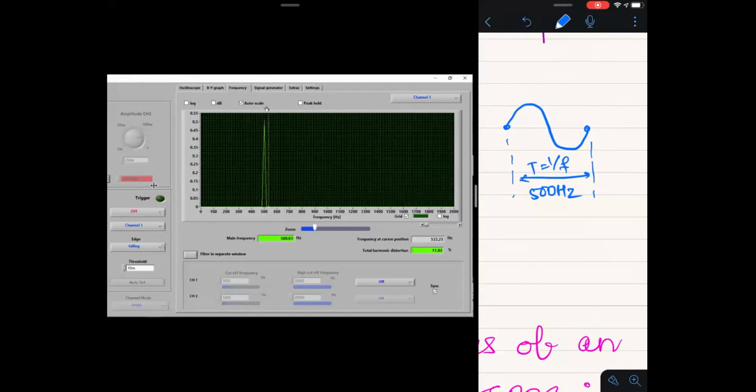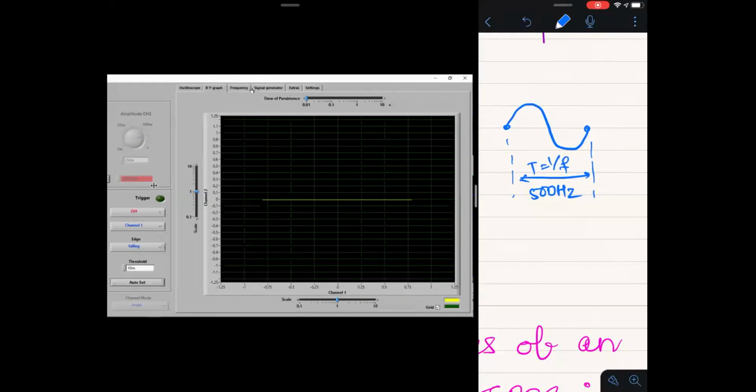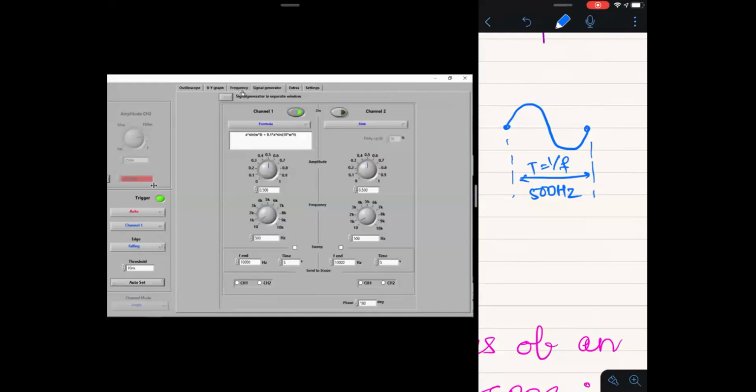One thing I want you to do at your end: just put here a sine wave. Yesterday I did the experiment on the oscilloscope music kind of thing. The same thing we will do, so that you all can also do it. So just turn on both the channels and come here to the sweep menu.